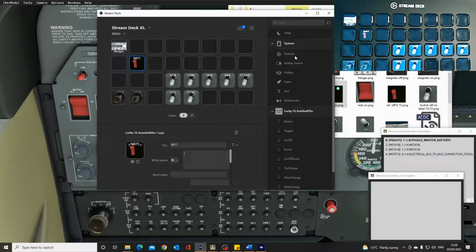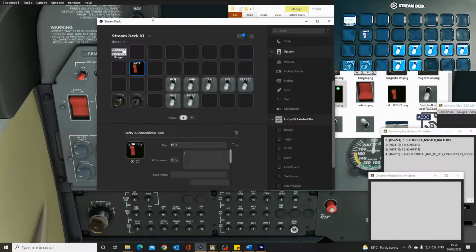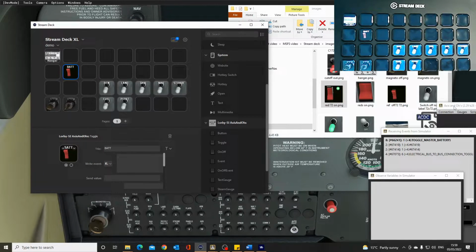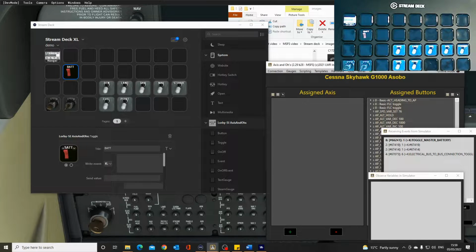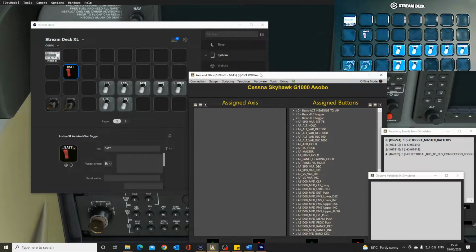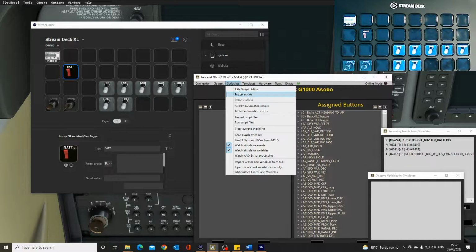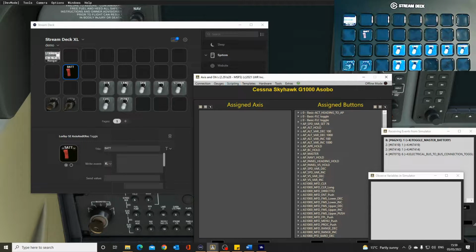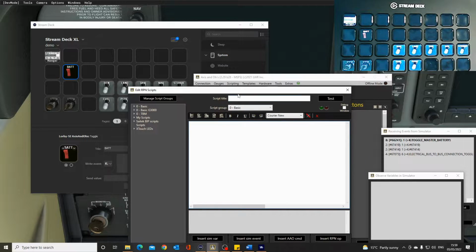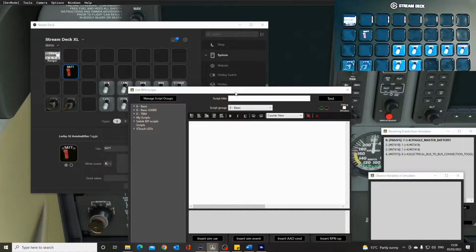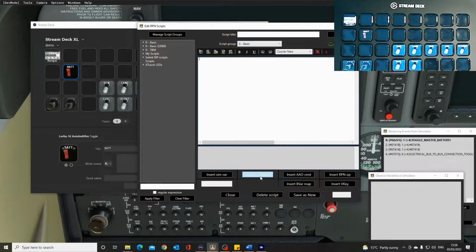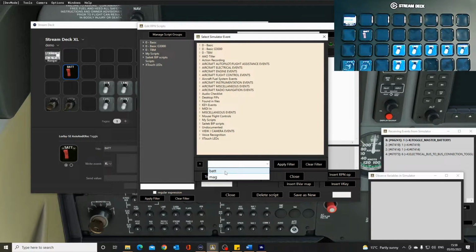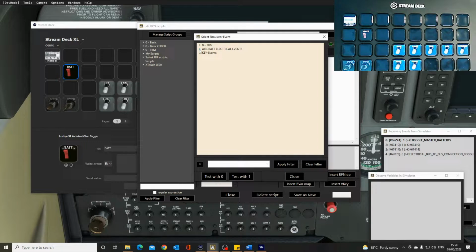So the event that we want, if we bring up axes and O's, which is somewhere in this clutter here. Here it is. Let's drop the image out of the way. And here's my script editor. Try and reduce the number of windows you're looking at. I need a sim event for the battery and aircraft electrical events,